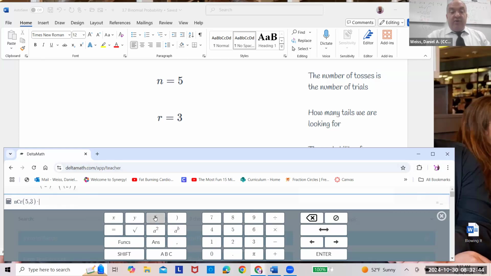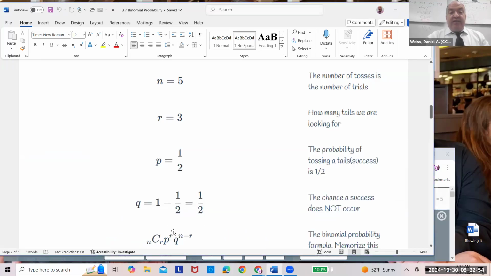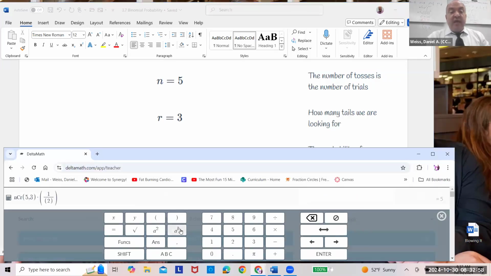Then I'm going to do 1/2, 1 divided by 2, click outside the parentheses, and do to the R power. So that's to the third power. Click A to B and click to the third power. Click to the right and hit times. And I'm going to do 1 divided by 2, close parentheses,